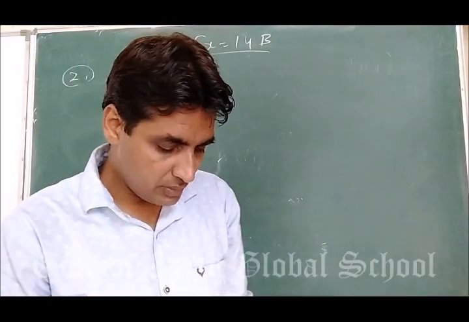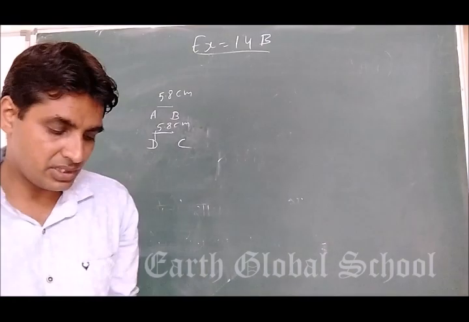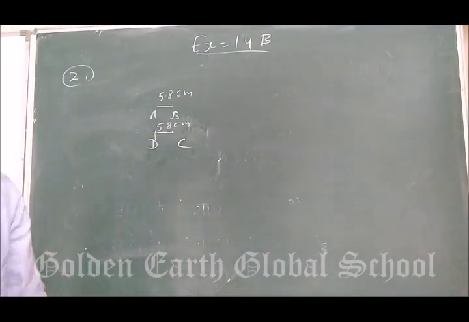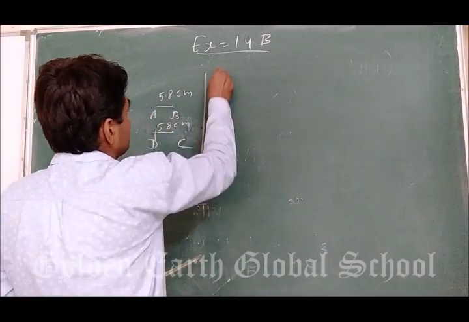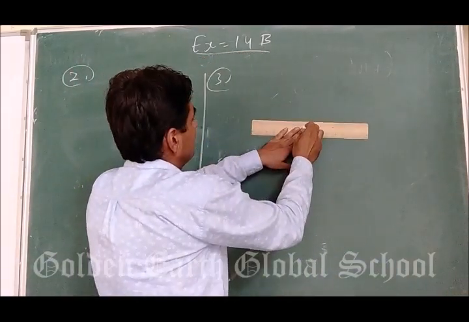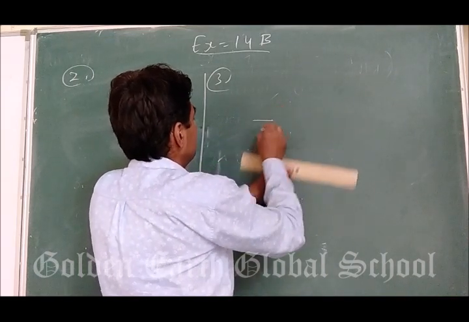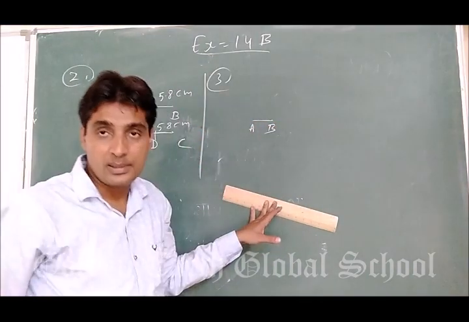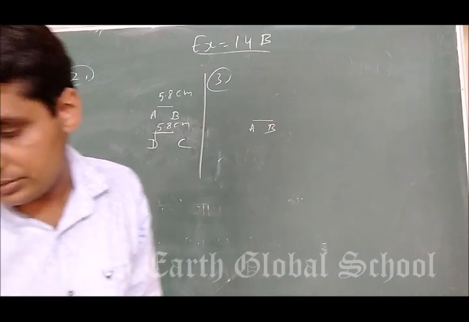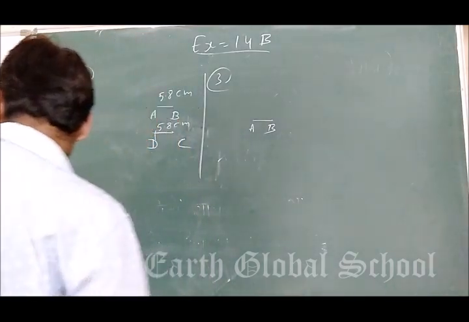Construct AB equal to 6.7 centimeter. From this you have to cut AC 3.5. Okay, measure BC. So you have to draw 6.7 centimeter. This is the third question. You have to make a line of 6.7. So you have to start from 6. So this is 6.7 centimeter. Okay. Then you have to cut. Your line is 3.5 centimeter. So that is AC.